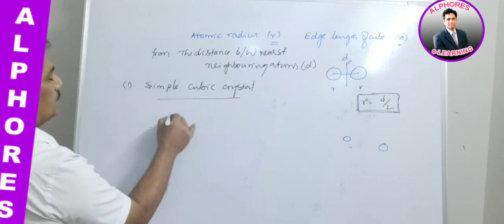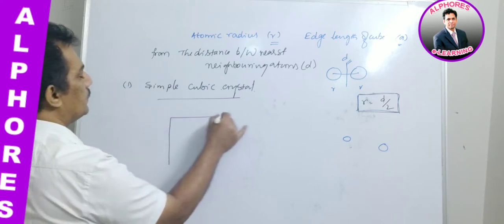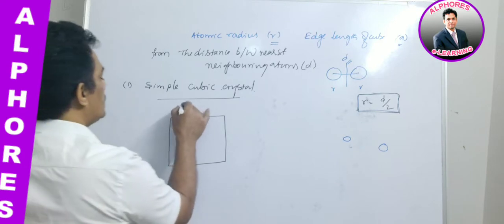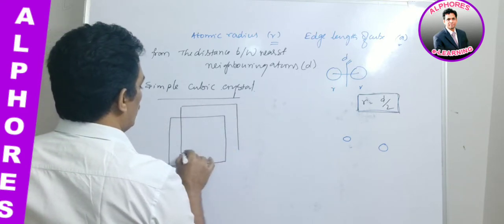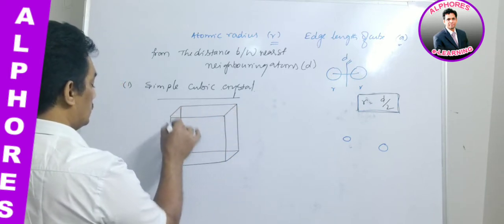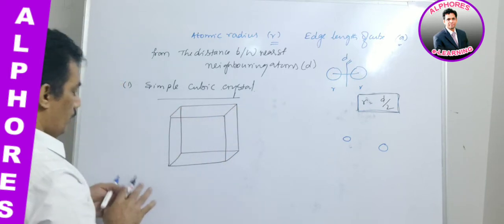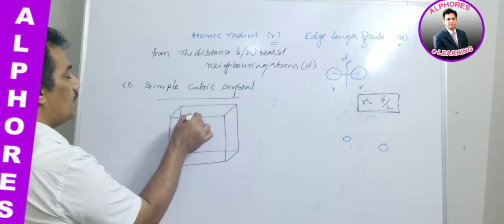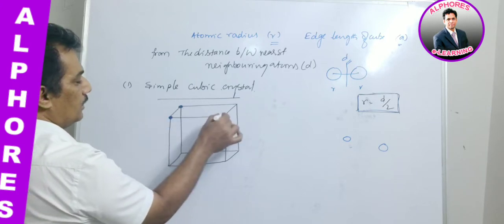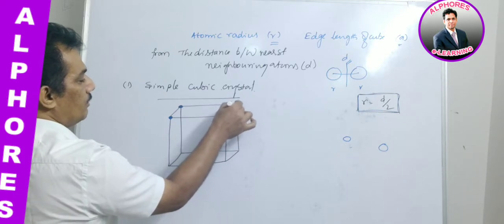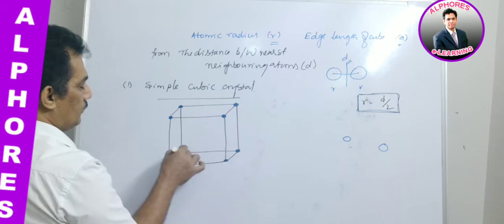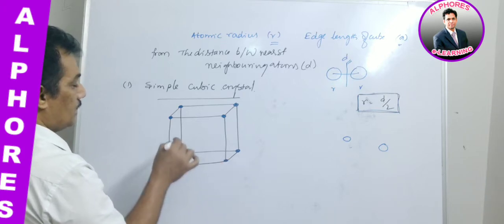Here the structure lies like this. This is simple cubic structure. And in simple cubic structure, already you know, the atoms are present only at corners. Is it not? For convenience sake, this is one corner, it is one corner, it is one corner, even though we are drawing them far from each other. Actually those atoms are spherical and they are close.